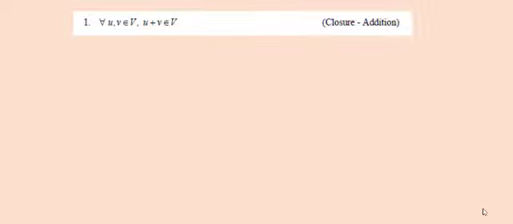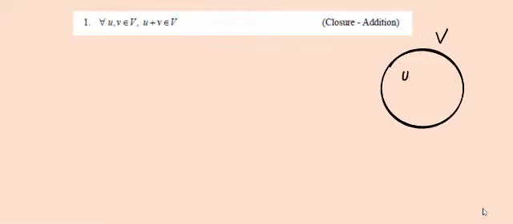See, this is condition number 1. V is the vector set. I should take 2 elements from V and apply the addition operation.